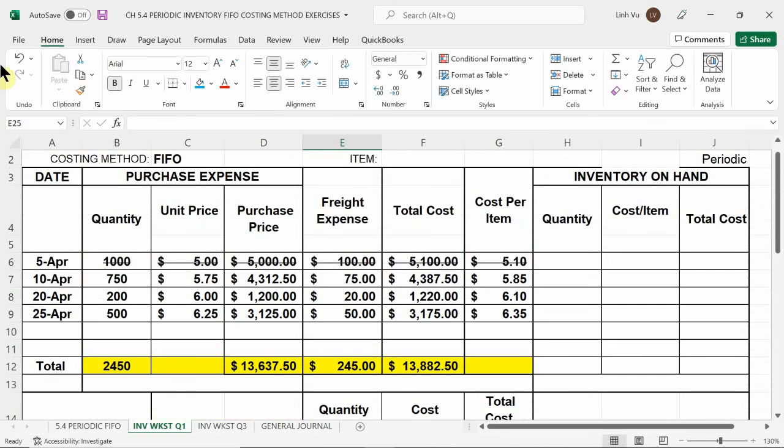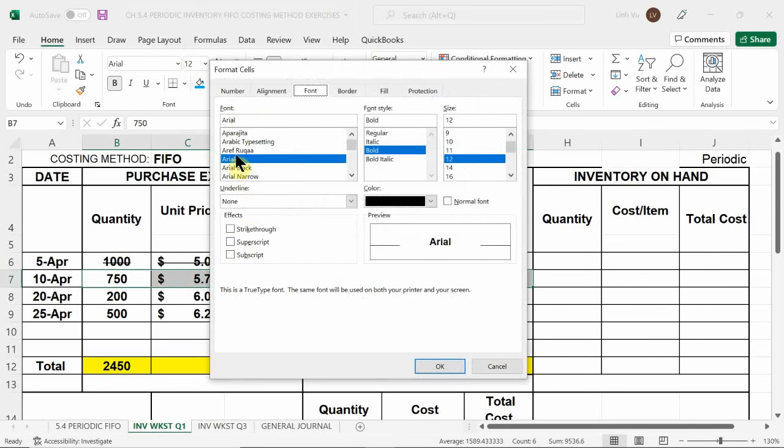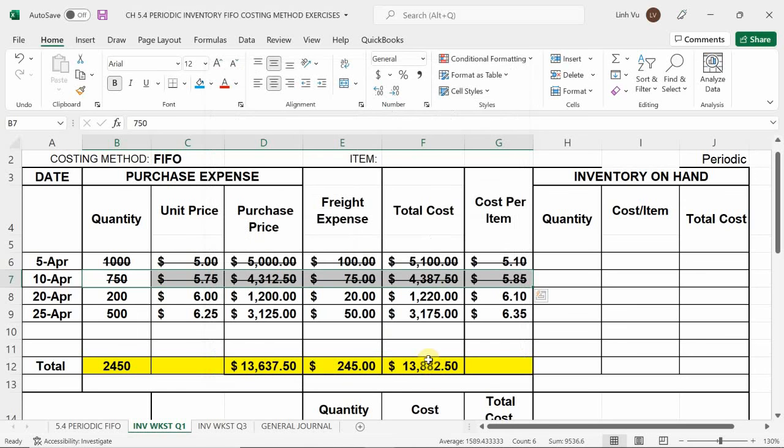Okay? So I'm going to strike through my second batch of inventory here. Therefore, which batch of inventory am I going to take out from next? April 20th, the 200. Now in this case, I cannot take all 200 units. I'm only taking 100 out of this one. So how do I solve for only selling 100 units? I'm only taking 100. It's going to cost me